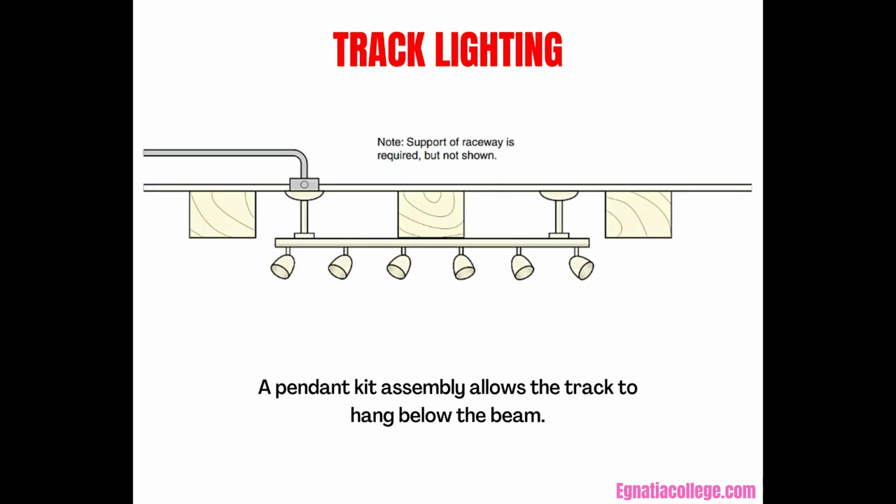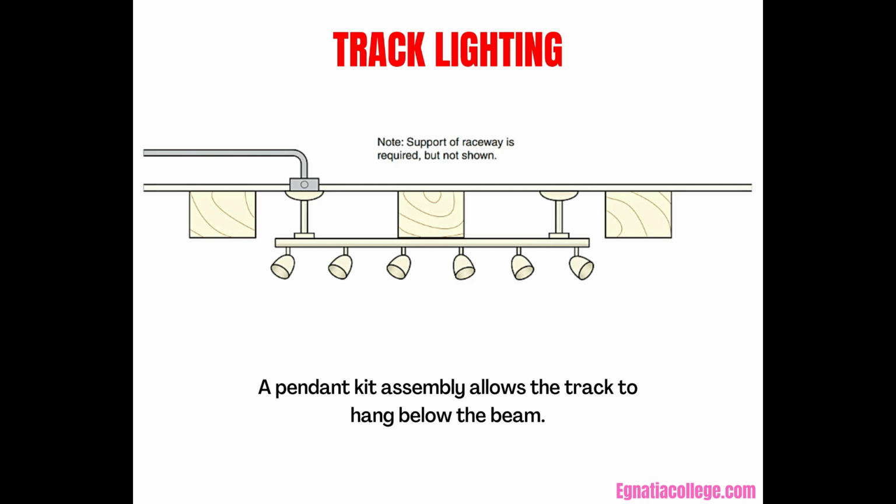On the residence plans provided with this textbook, the living room ceiling has wooden beams, a challenge when installing track lighting that is longer than the space between them. There are a number of things the electrician can do. Install a pendant kit assembly that will allow the track to hang below the beam. This fixture may be supported directly by the outlet box if the weight does not exceed 23 kg, Rule